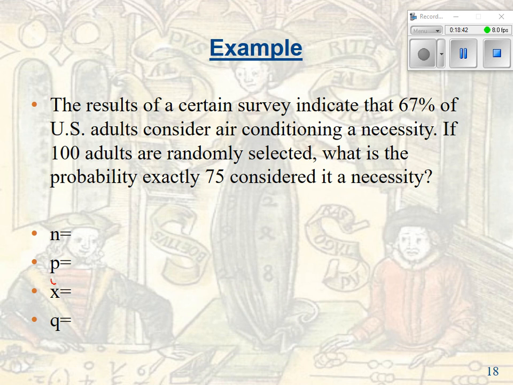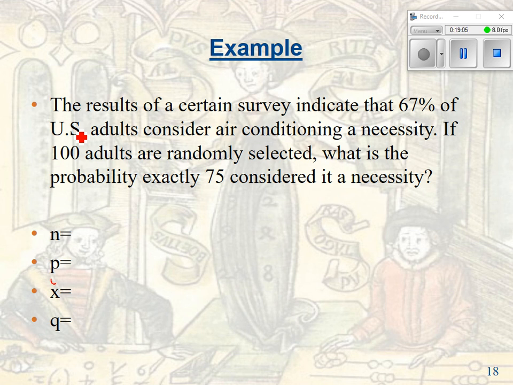Results of a certain survey, U.S. adults consider air conditioning a necessity. This always kills me because everybody's got air conditioning just about now and never had air conditioning growing up. I didn't. You know? Not upstairs. I'm downstairs. Our heat works. My room is